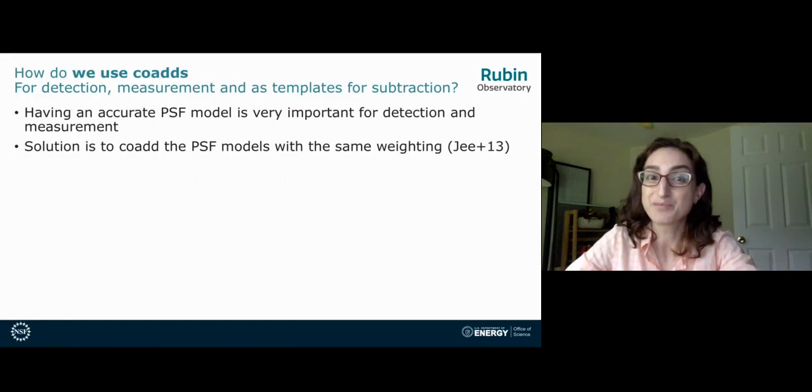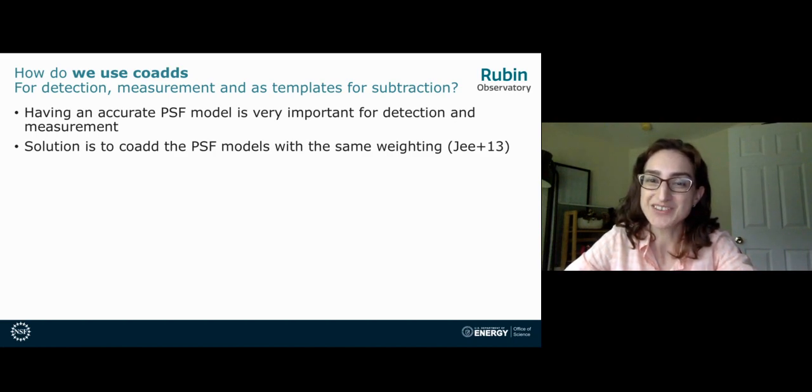Now that we have built coadds, how are we going to use these coadds? We want to use coadds for detection, for templates for subtraction, and even for measurement. That is, flux measurement or shape measurement. And for both of these, but especially shape measurement, having a PSF model is very, very important. So what do we do about the